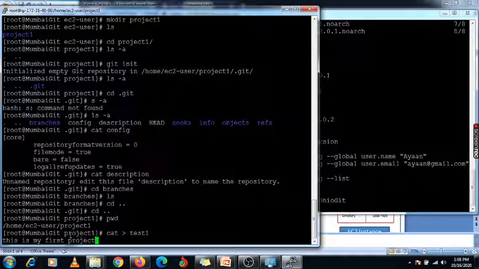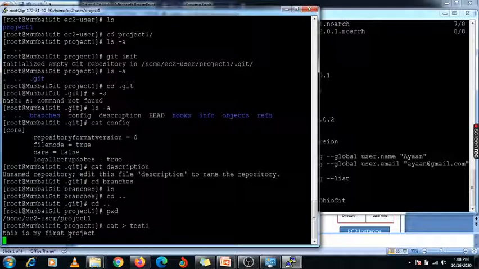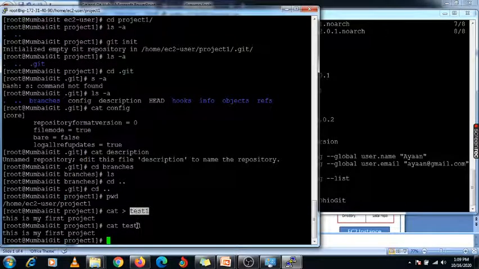So like that you need to write some parameters under this file and just save it using Control D. If you want to check what content is inside this test file, you need to use the cat command. So this is my first project I have mentioned under this file.